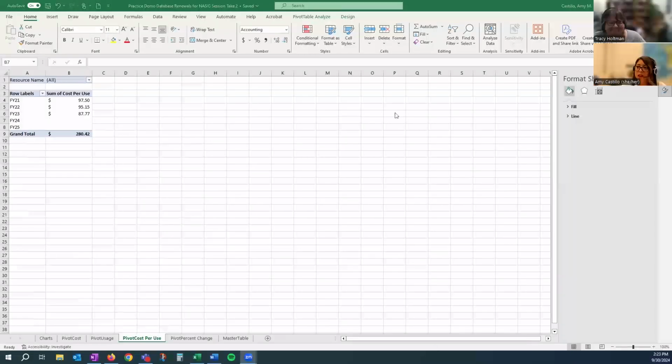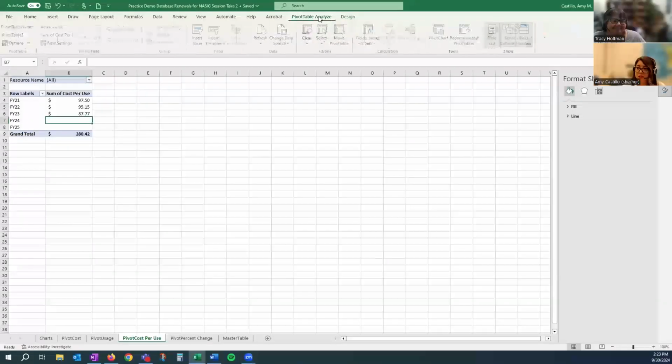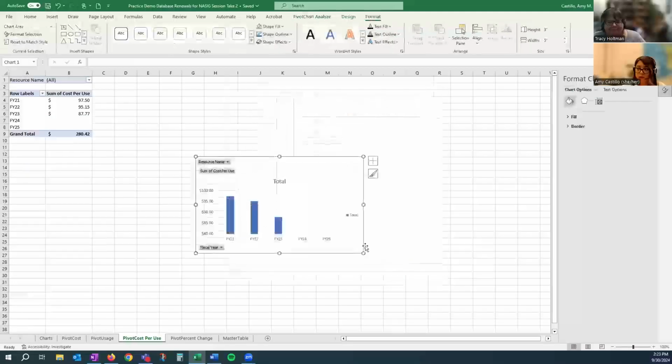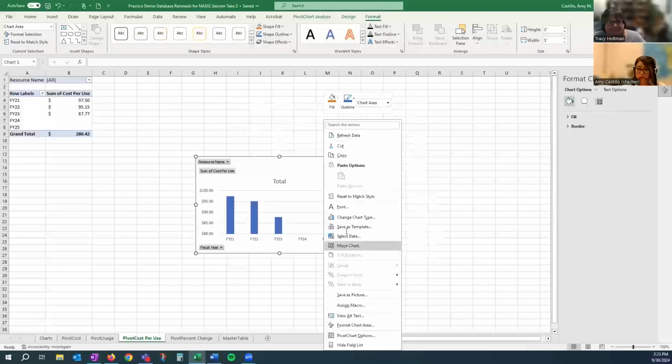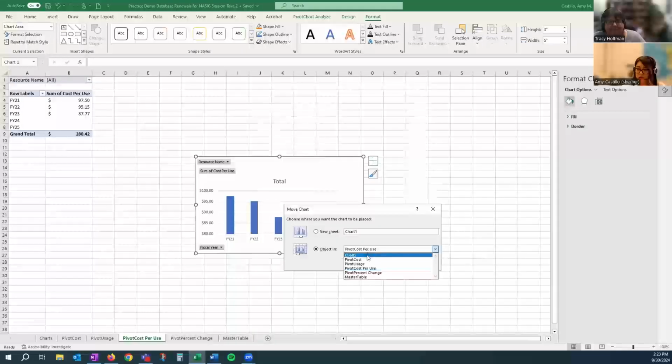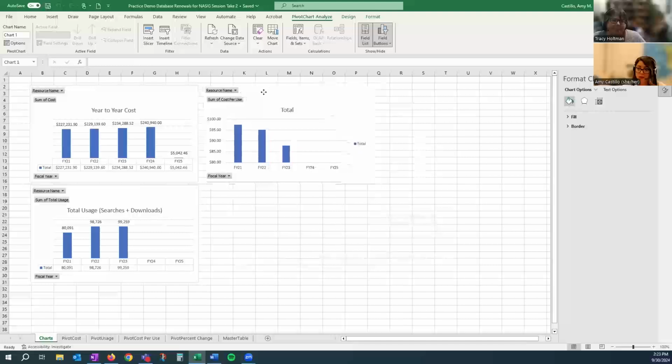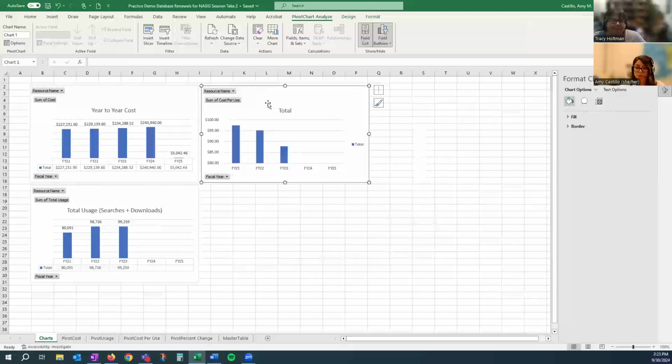Okay, maybe done. Okay, pivot table analyze, then pivot chart. Cluster column is okay, and then right click the chart. Change this to object and charts. Click OK. Move this up here, and you can make it as pretty as you want or adjust sizes, all of that stuff. I'm just trying to do this kind of as fast as I can. So I'm going to change this title to